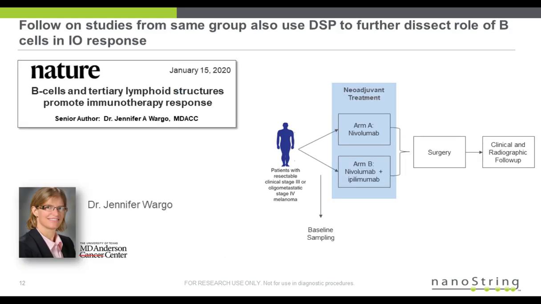So she wanted to go on and dissect this role of the B cells in greater detail. And to do that, she turned to a different clinical trial that she had samples available from, where again we were looking at patients with advanced melanoma, and this time giving them immunotherapy as a neoadjuvant prior to surgery. We're very fortunate that this is the result that was published in January of this year in the Journal of